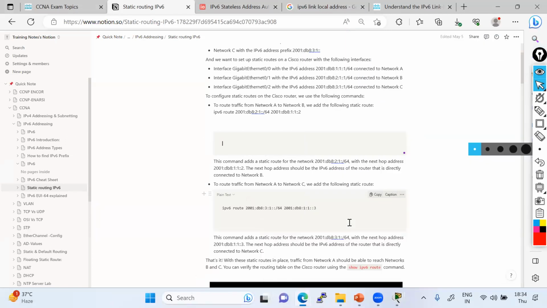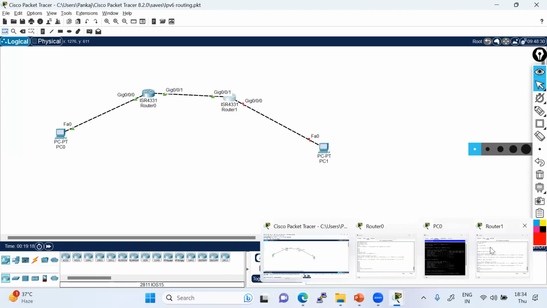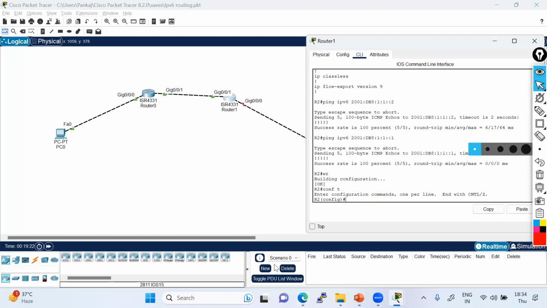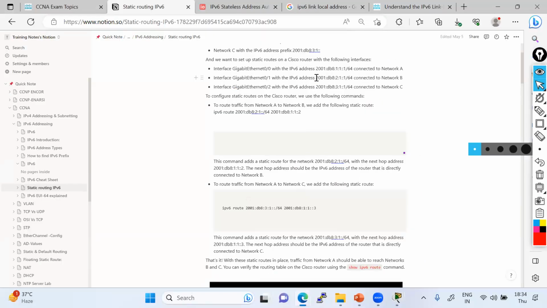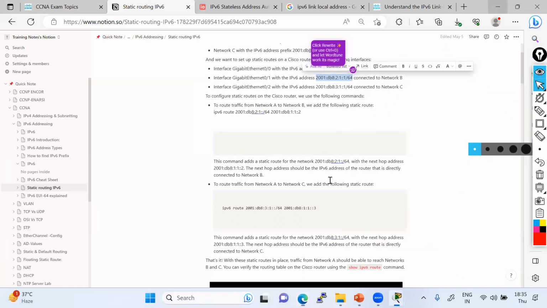So what next? The next is, right, we have this subnet which is connected between these two devices. Now I will configure this also, and we'll try to make the reachability. So let me just go on the 001 router again. I'll use this range of the IP address. So maybe I'll use this one, okay? This one.